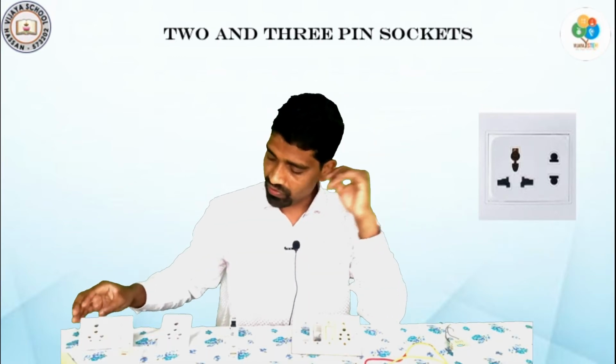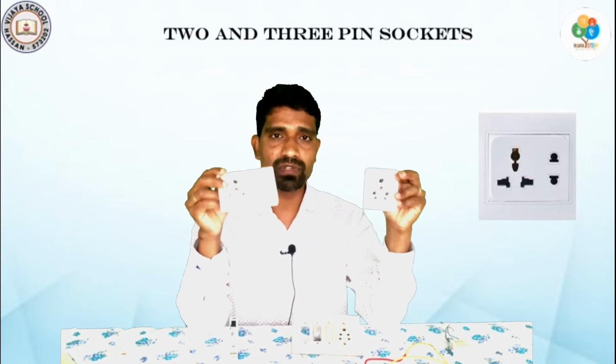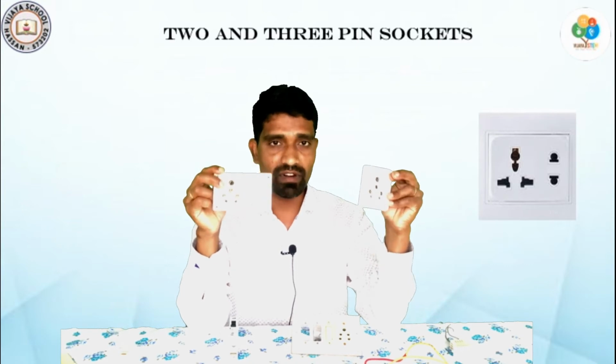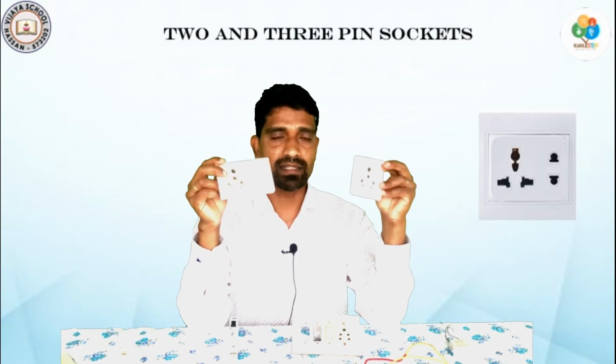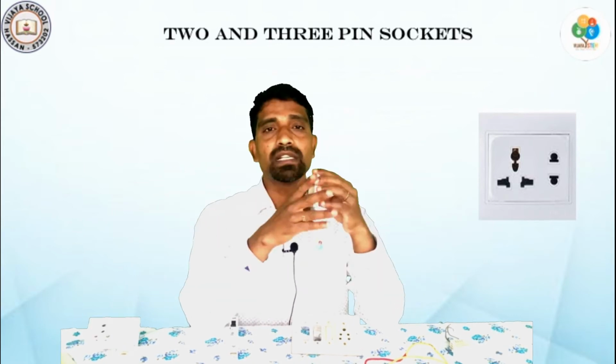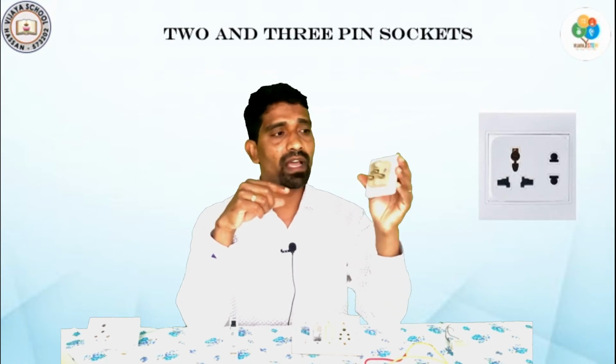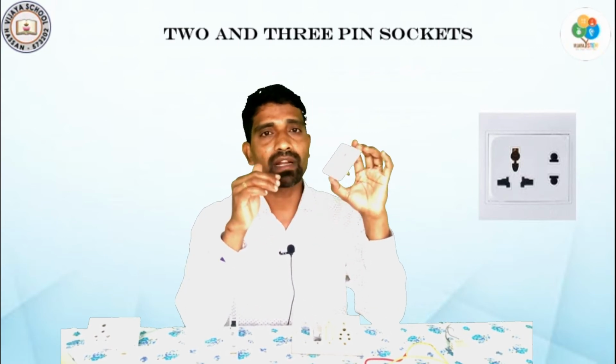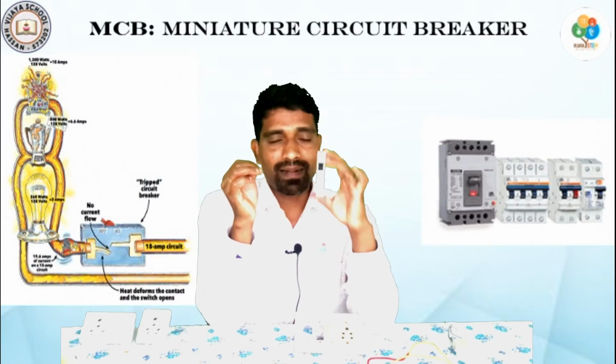Coming to the next type of switch, you might have seen these sockets and these types of switches near your mixer grinders, refrigerators, washing machines, etc. They are used with the heavier electrical appliances, because those devices consume a huge amount of current. This huge consumption will produce lots of heat. This heat must not melt these switches. That is why these are heavier. The terminals are also heavier, and they are covered with ceramic material by which they are going to protect this device.